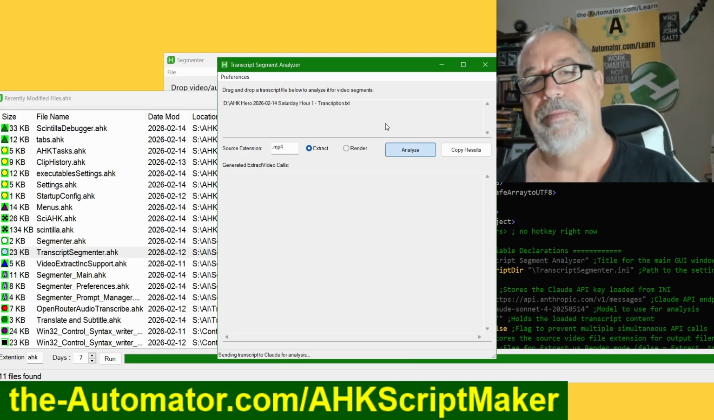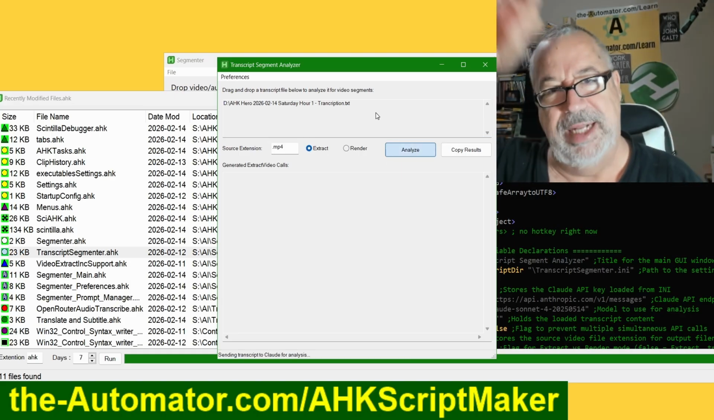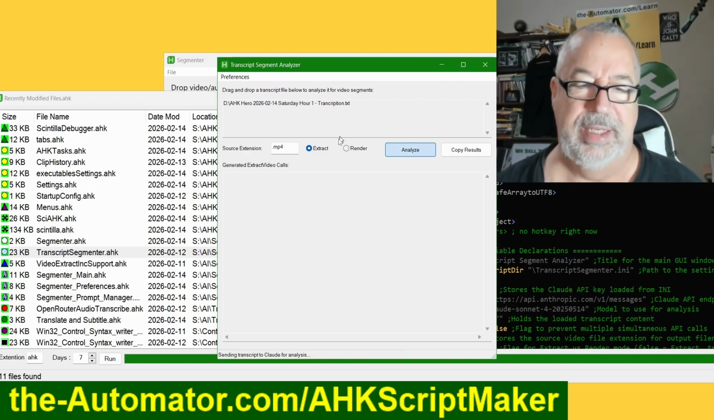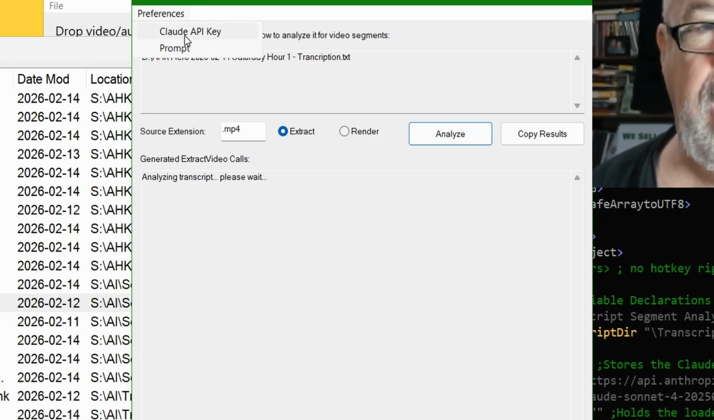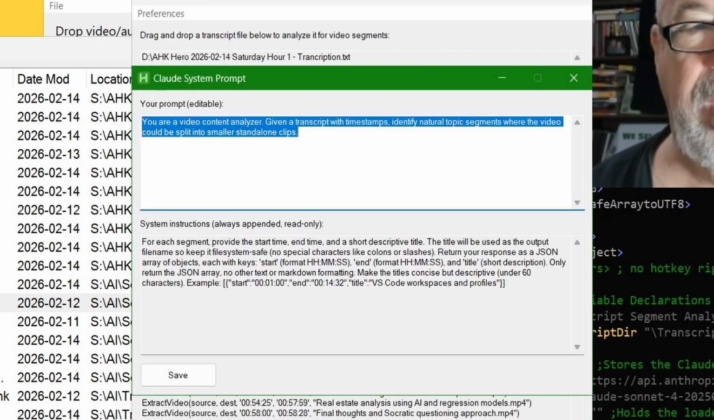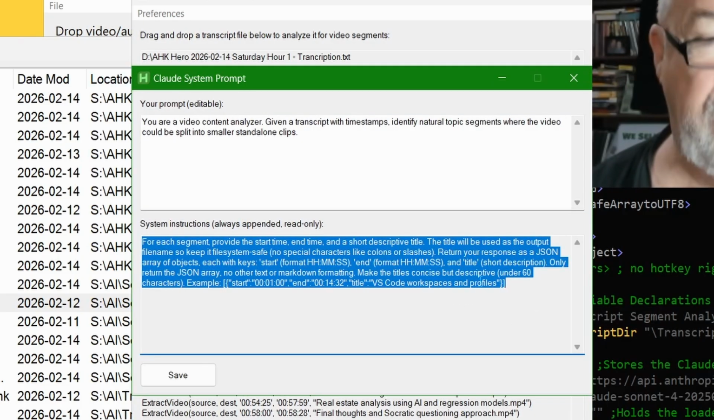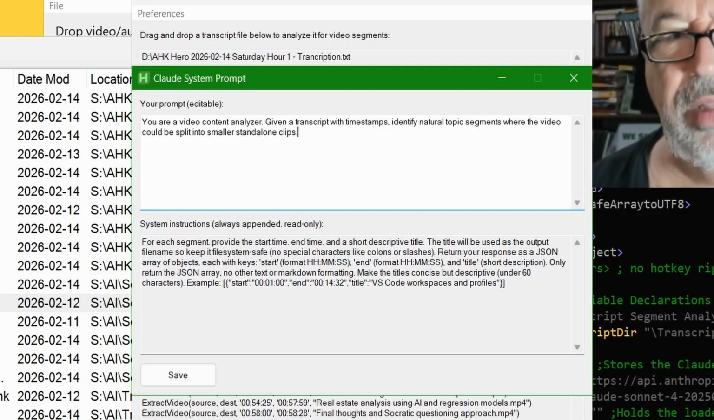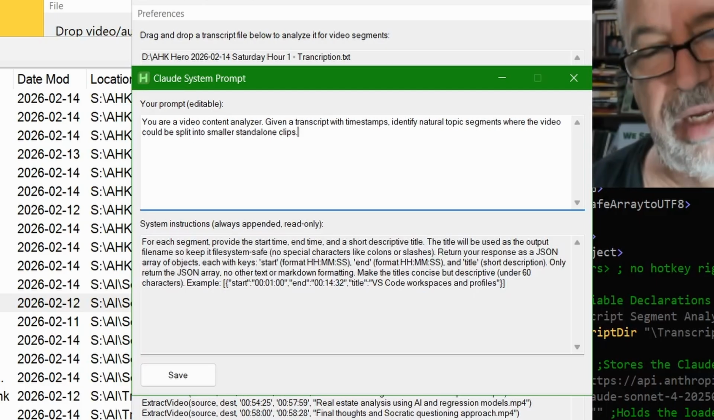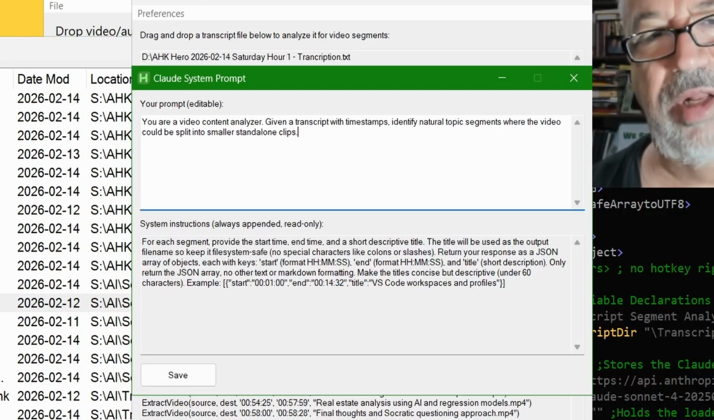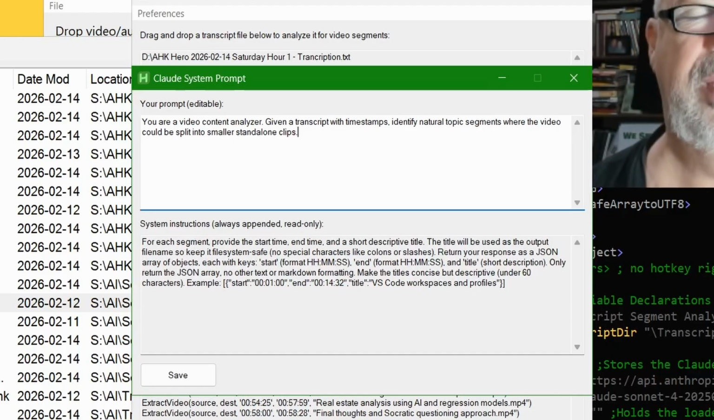Great. So this takes the transcription and sends it off to AI. Now, behind the scenes, I have a prompt where this is the part that you can change, and this is the part that you can't change, but you can tell it the certain thing you want it to do. So it's looking for segments that could be identified individually and extracted,